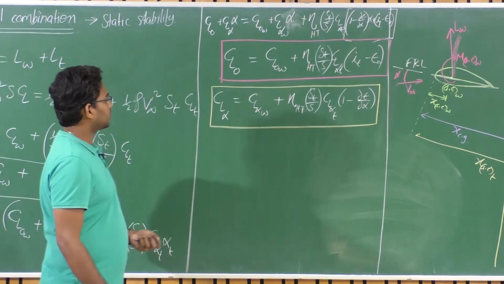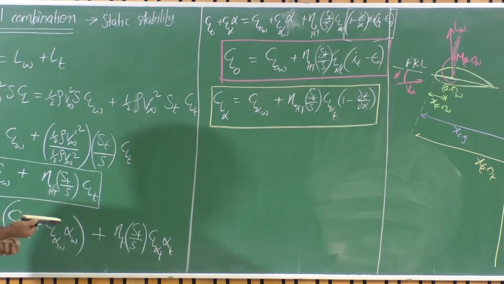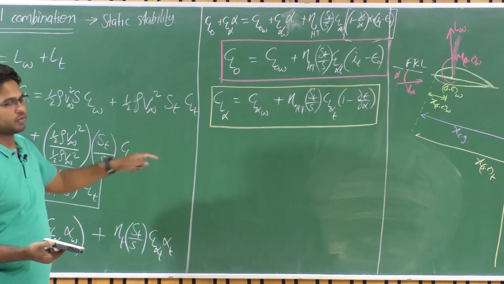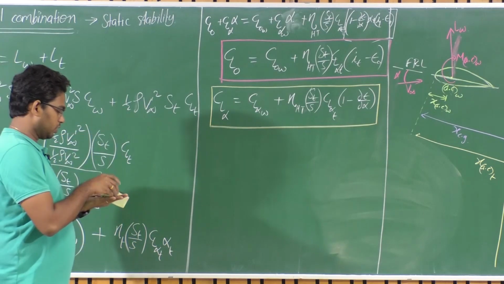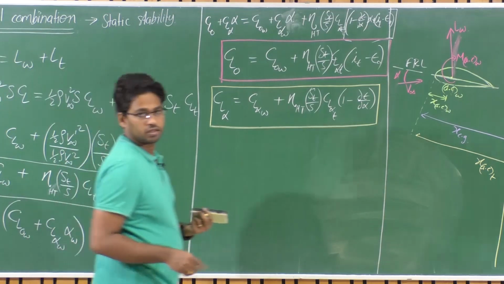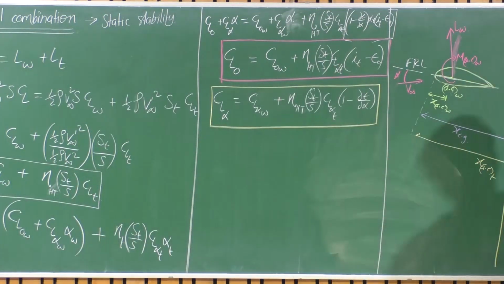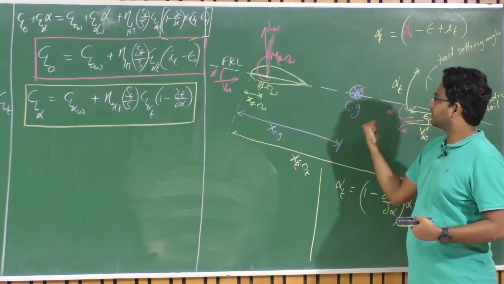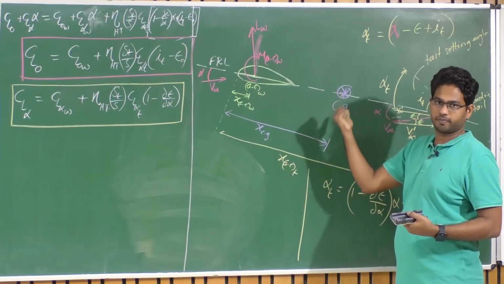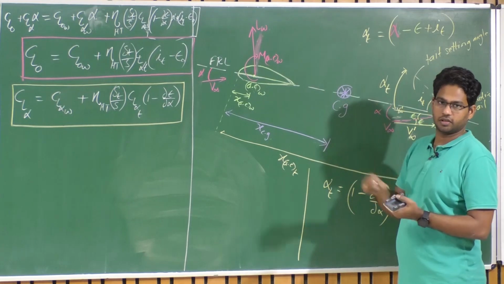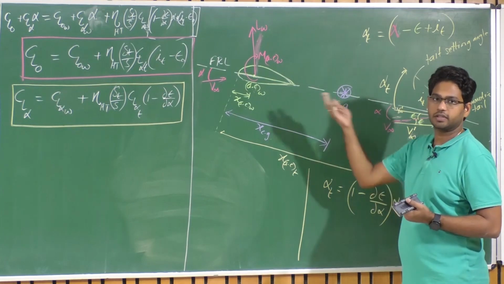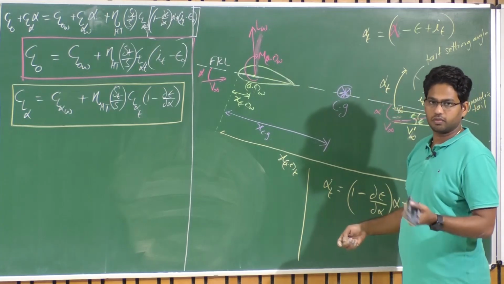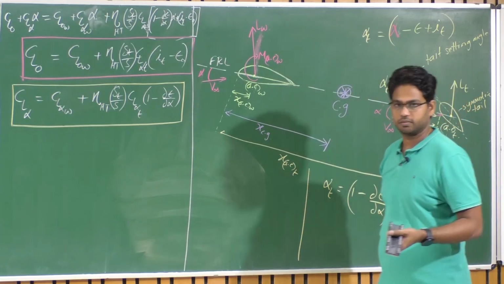Okay. Now we need to talk about moment. So this is the lift details about the CL naught and CL alpha of the entire aircraft. Now let's talk about the pitching moment about CG. About CG, the y-axis is into the board here, right? So any moment that creates a pitch up, nose up motion for this UAV is considered positive, and a moment that creates nose down motion is considered negative, right?